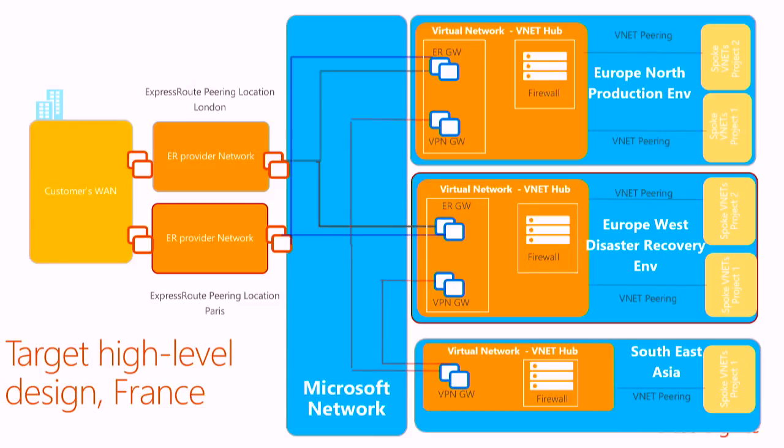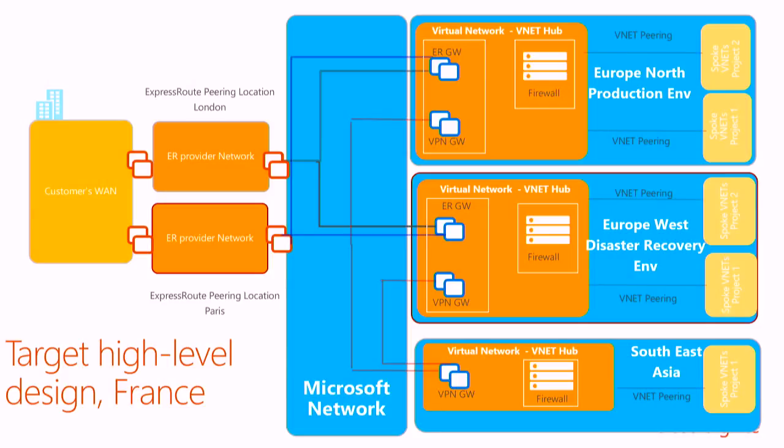So Bala talked about the VNet to VNet connection option. So one is through explicitly connecting, like Southeast Asia, connecting to the other regions using VPN gateway. But if you notice, there is no direct explicit connection between Europe North and Europe West, and that's because, to refresh your memory, if you have multiple virtual networks connecting through the same ExpressRoute link, that is equal to connectivity between these virtual networks. So that's a good point to mention here.